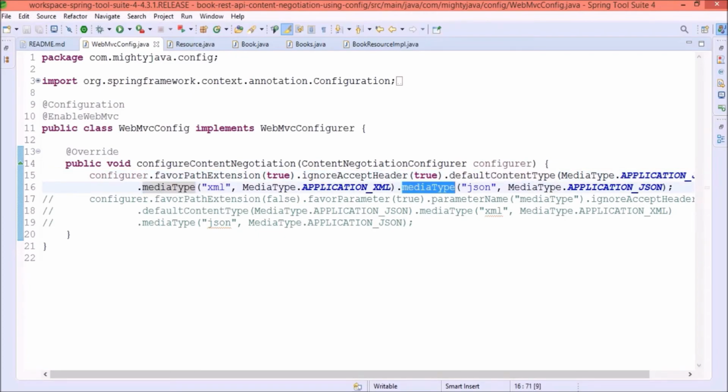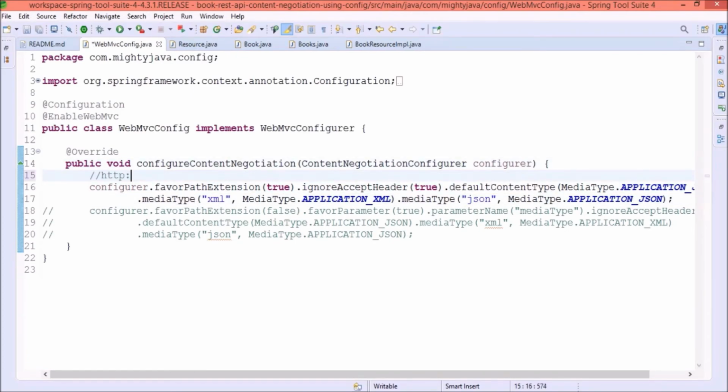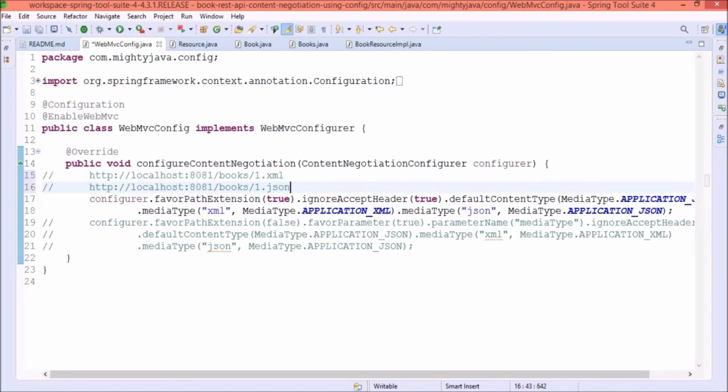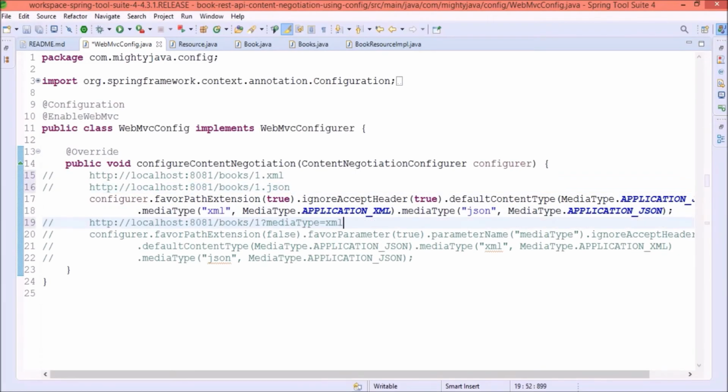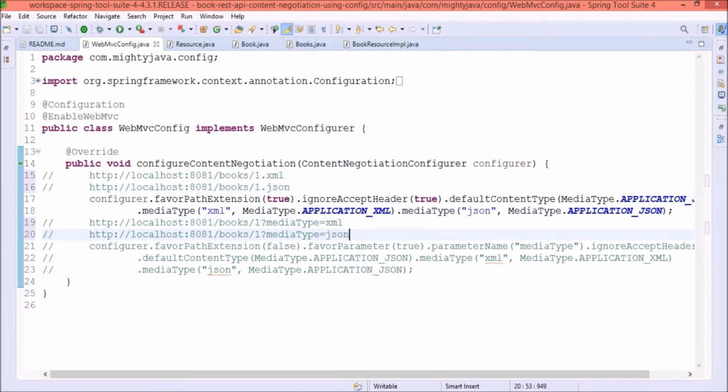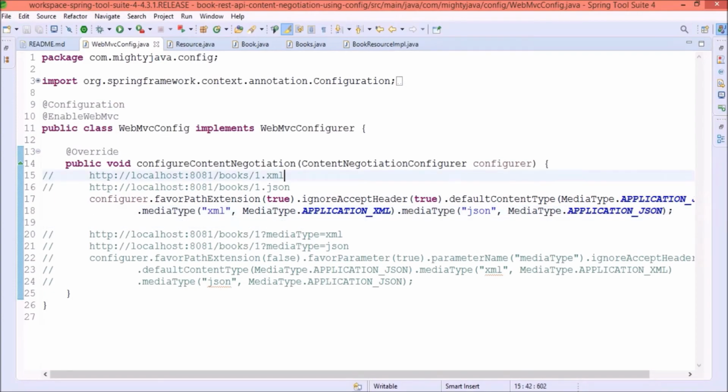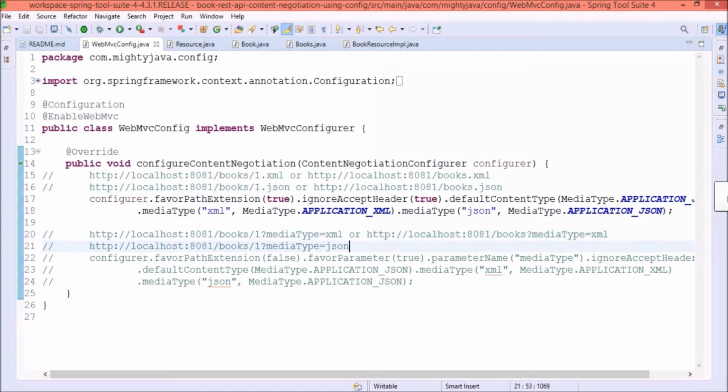Here I am just adding a comment, so if you are going through the code, this will help you understand. As you can see, I added all the formats. I hope things are more clear to you.